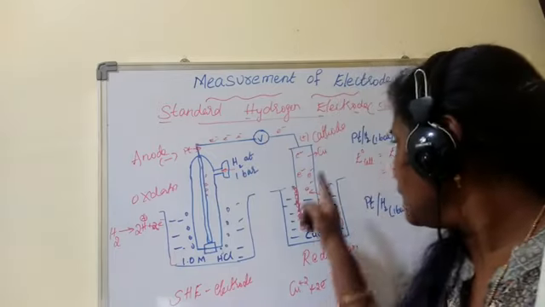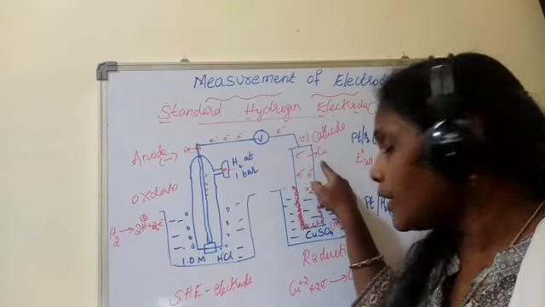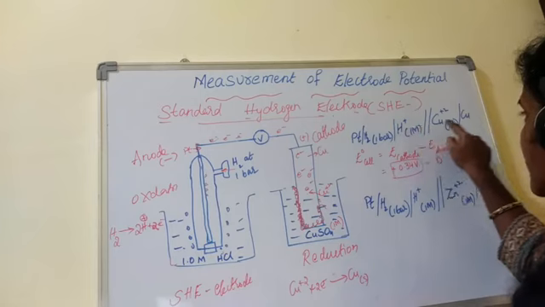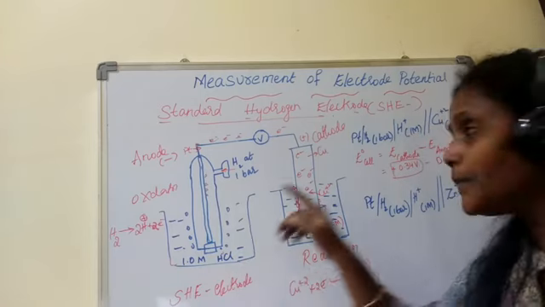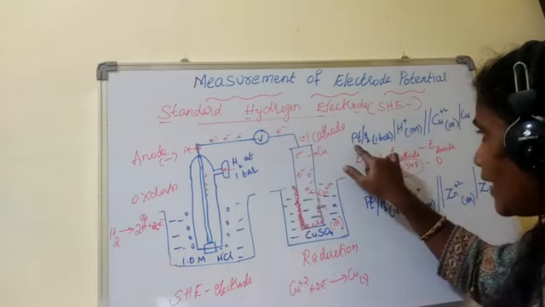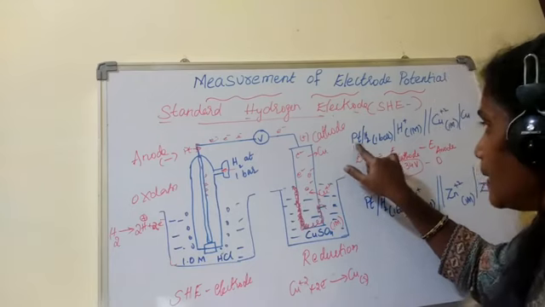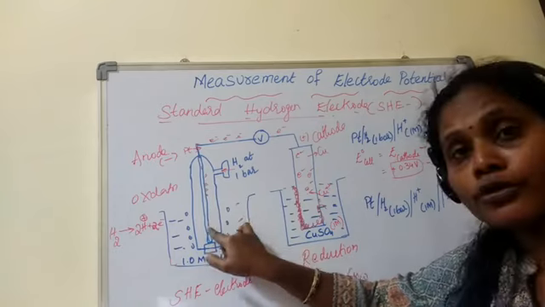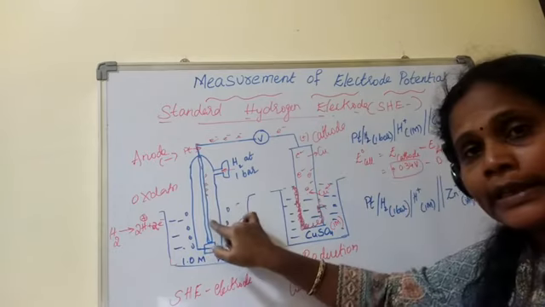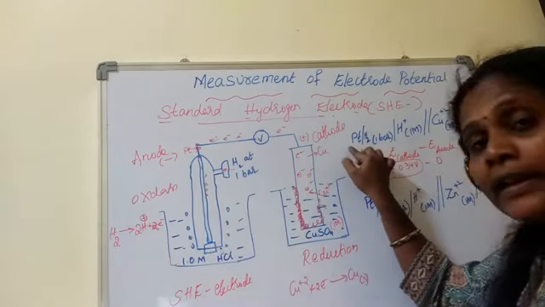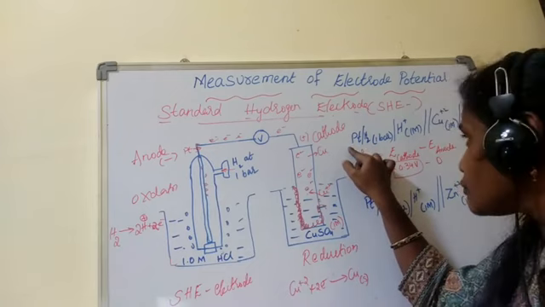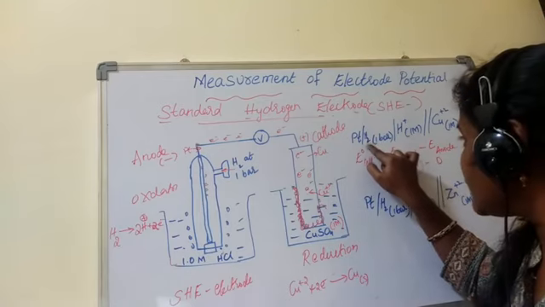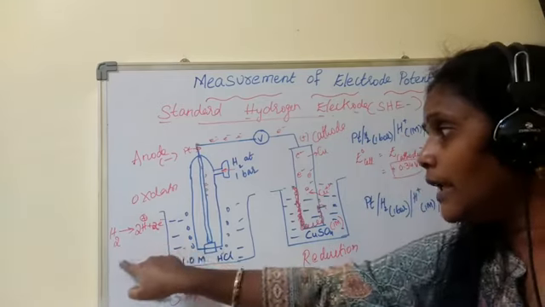See here, if you are keeping zinc as the cathode, see the galvanic cell notation of the hydrogen electrode. Look at this: platinum, H2. Why am I writing platinum here? Because I have taken the help of platinum to make it an electrode, but H2 gas is bubbled to it. My element is H2, but my metallic conductor electrode is platinum. I have to show that. And what is it converting? H2 is converting into H plus.